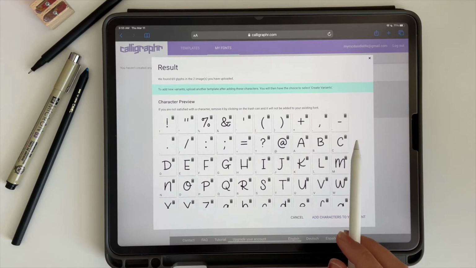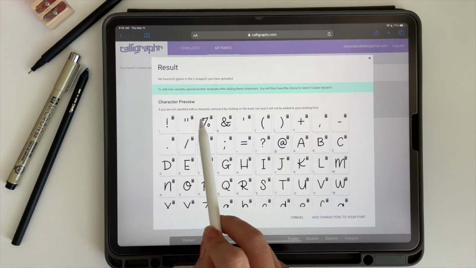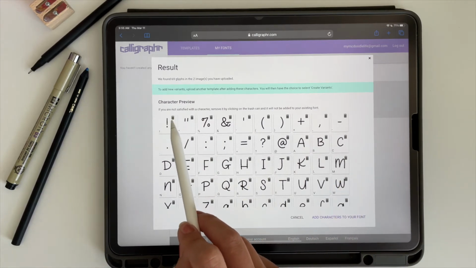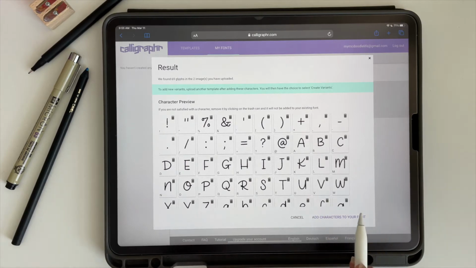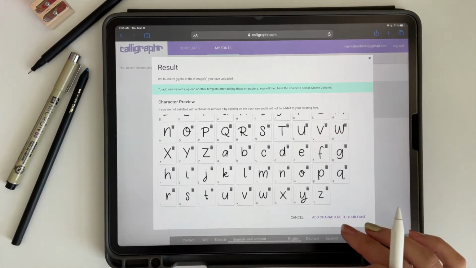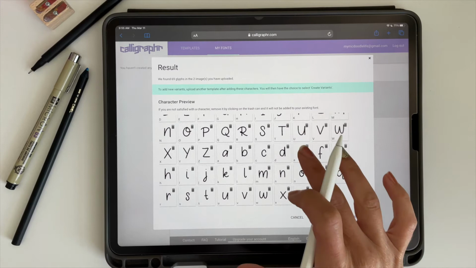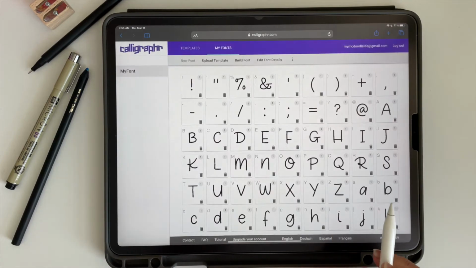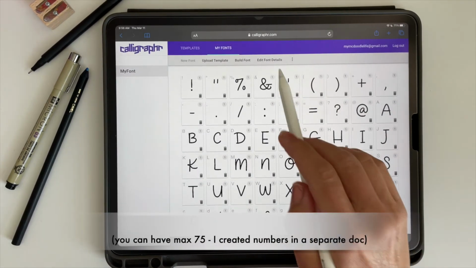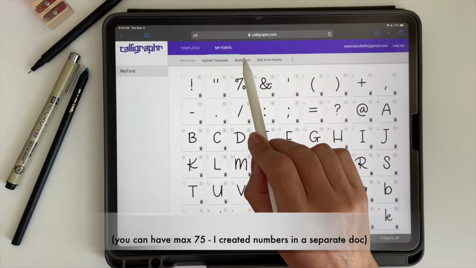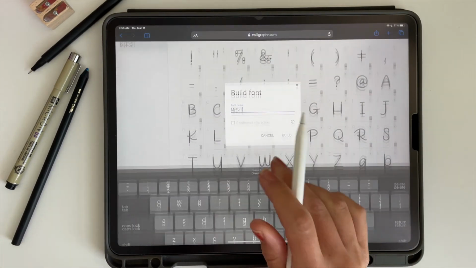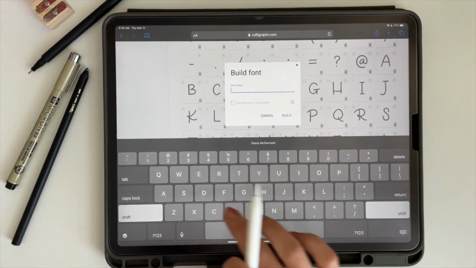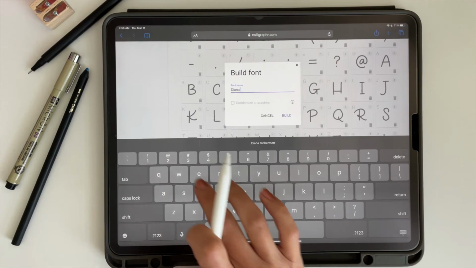So you can see, if you're not happy with one of them, you can just click the little trash can and redo that one. But you can see all of the characters that'll be built into your font here. And this all looks fine to me. So I'll just press add characters to your font. So I have 69 characters, and then you can push build font